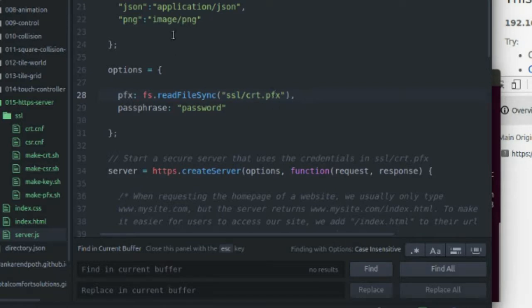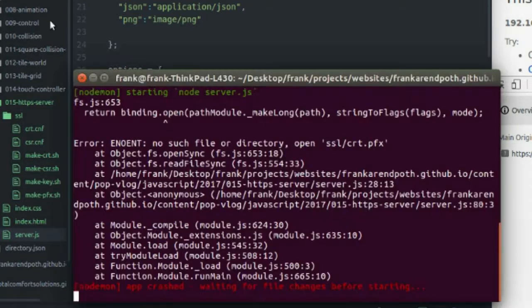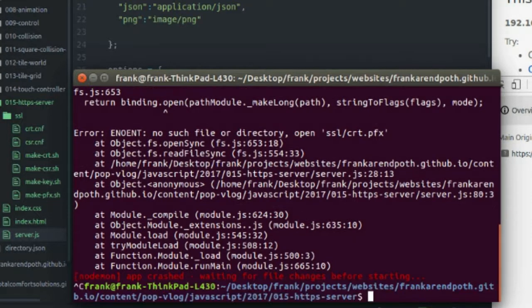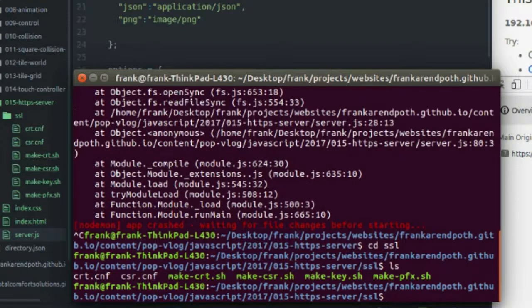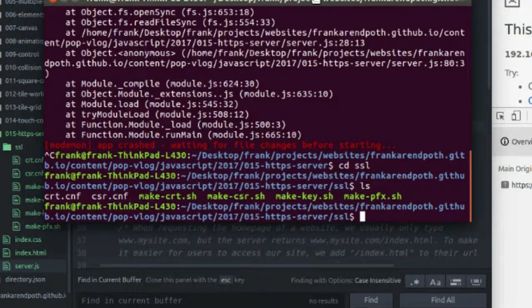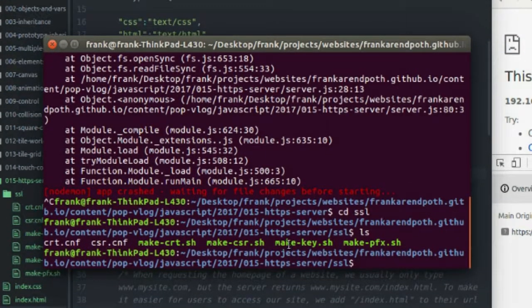So I'm going to need to create this in order for my server to run, because obviously it's not running, and obviously I have no web page up and running right now. So I'm going to Control-C out of my nodemon listener there. I'm going to cd into my SSL folder. I'm going to ls, see what I got in here, and I'm going to start out with the make key. I'm going to bring this up a little bit. I'm going to start out with my make key